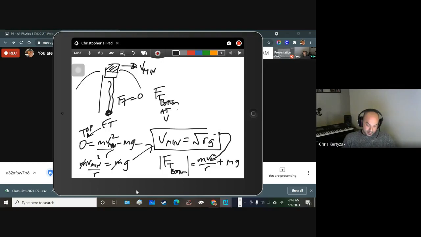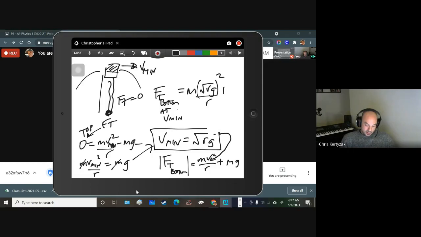at Vmin, assuming that we're moving at the minimum. The Vmin is, again, referencing the top. It's referencing the minimum speed so that water doesn't fall out of the top. And now we're going to assume it just maintains that minimum speed around the whole circle. And once we understand that, we are asked the question, if that's the case, what will the tension at the bottom be? It passes through the bottom, moving still at the minimum speed needed for water not to fall out at the top. We get m, and now we're just subbing in root Rg